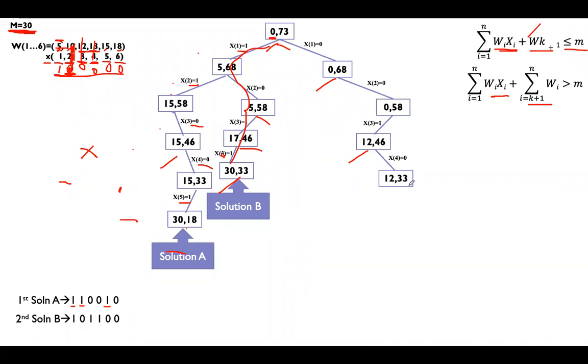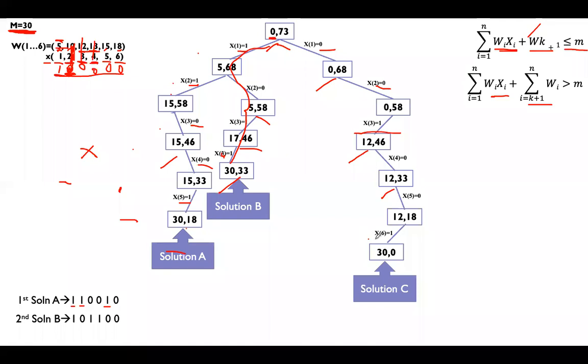This will be 12. This will become 33. Fifth element, again, if you select the fifth element, we will not reach the solution. So I will not select the fifth element. Next, sixth element, yes, we have to select the sixth element. Then total will be 30. So that is our final solution. In the final solution, you have not selected the first element, not the second element. Third we have selected. Fourth also not selected. Fifth also not selected. Sixth element we have selected. Solution is 0, 0, 1, 0, 0, 1.